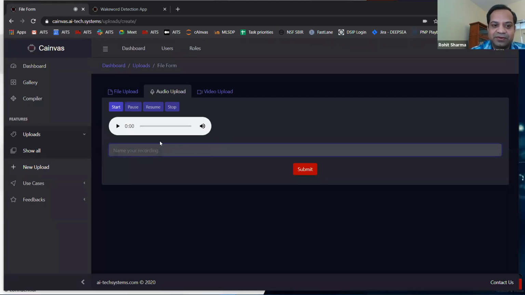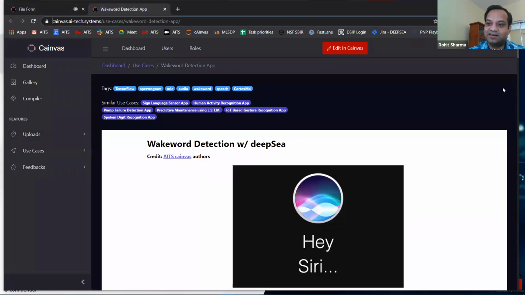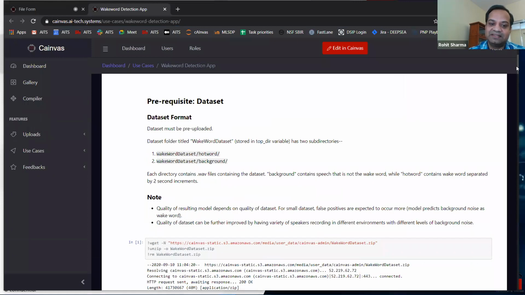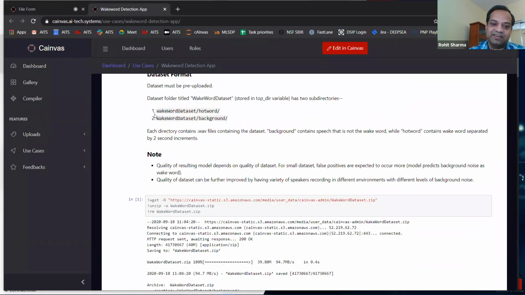The idea is for you to create the data set by speaking the words, instead of, hey Google, you might want to say, hey Thomas, or hey Rohit, if you like me, and create an application with my name on it. And every time you take my name, that device wakes up or maybe possibly calls my number or something. Just kidding. So that's the idea. You can save that as a data set and bring it to the wake word detection app, which is right here. All you have to do is replace the file that it is using, for example wake word data set, with the file you just recorded.